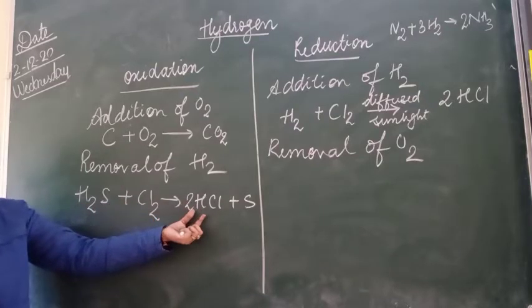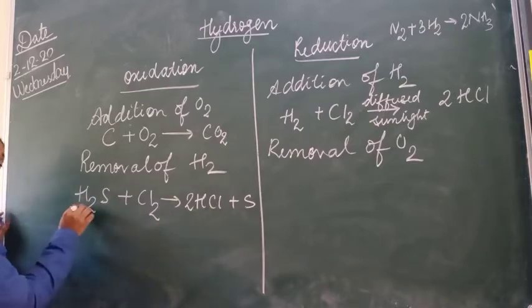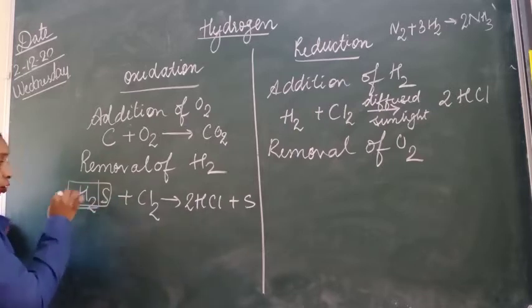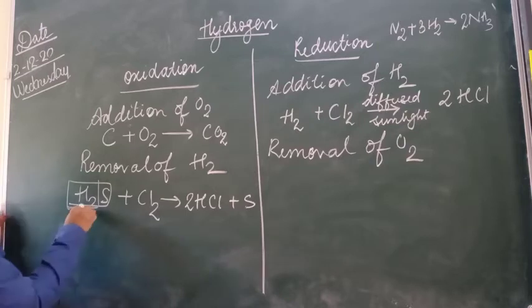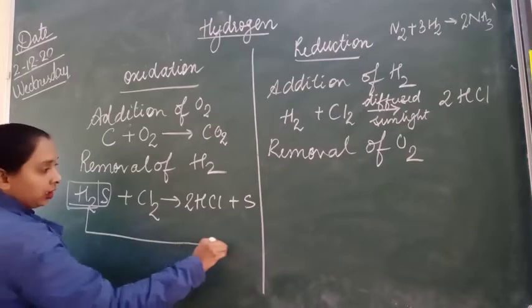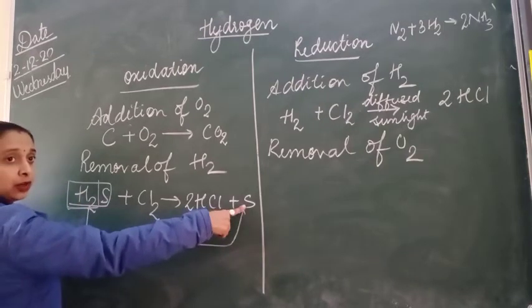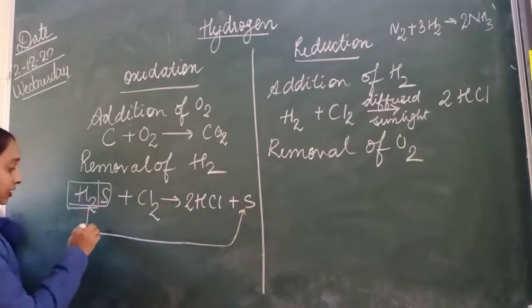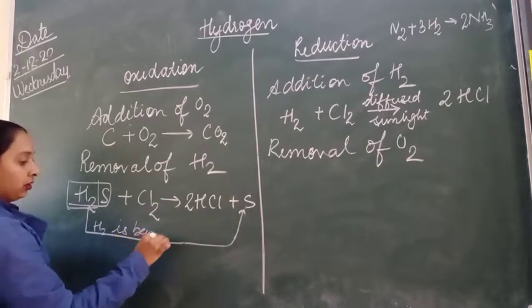There is addition of hydrogen taking place for chlorine, but from this hydrogen sulfide, hydrogen is being removed. Yes or no? So hydrogen sulfide converted into sulfur. That means hydrogen is being removed